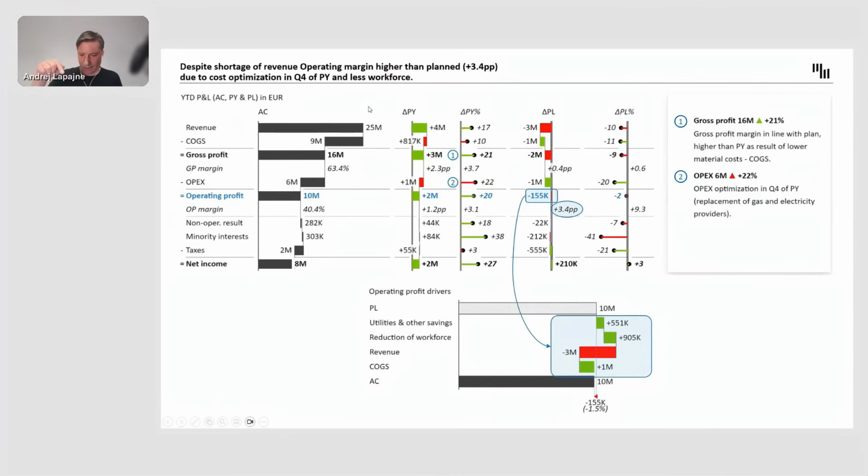I just saw a question in the chat regarding the design and the colors. Of course, you can change your colors. There's a simple way of changing colors in Zebra BI visuals. So you can align this with your corporate colors. You can maybe replace the green color with a bluish color. That's actually better for people with color deficiencies and